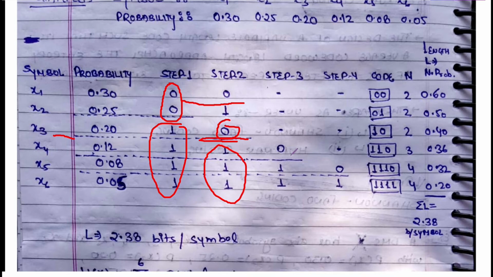So if I divide the bottom group, the group that has three values, in 1:2, the probability of the upper group will be 0.12 and the total probability of the bottom group, lower group, will be 0.13. So almost similar, same. If I do 2 1, then the probability will be 0.20 and the lower group probability will be 0.05. So that is a much higher difference. So that is why I will go with 1:2. So I gave the upper one 0 and the bottom one 1.